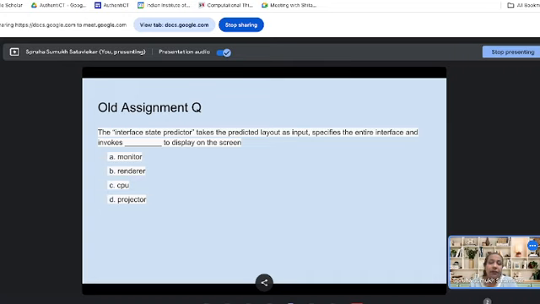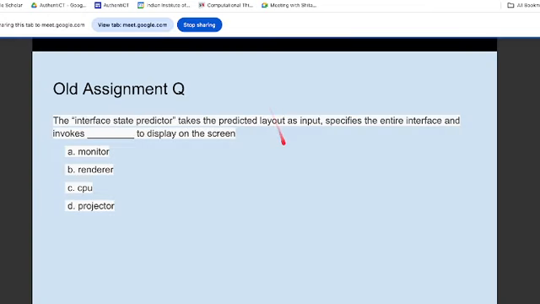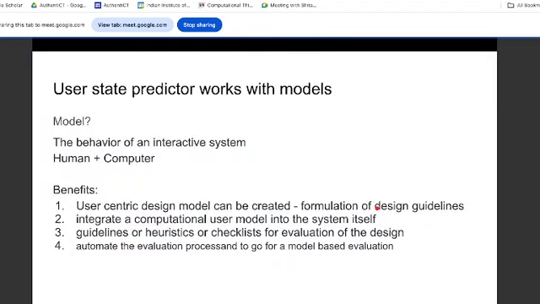It takes in the predicted layout as input from the user state machine, specifies the entire interface, mentions the color, font, and placement, position of the elements, the sizes of the elements, and then it invokes something to display on the screen, and that something is a renderer. Alright, remember the third block on the sublayer 1. Okay,